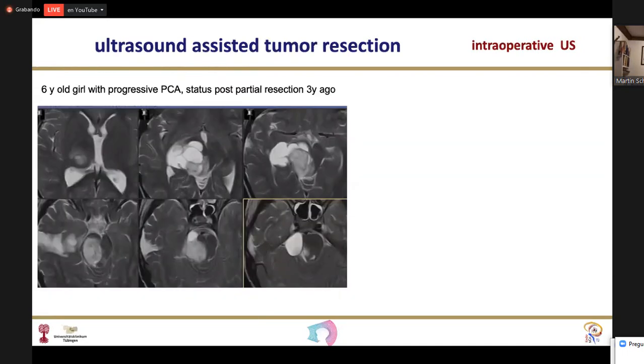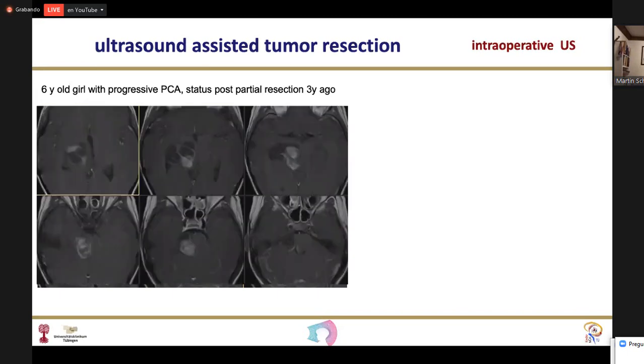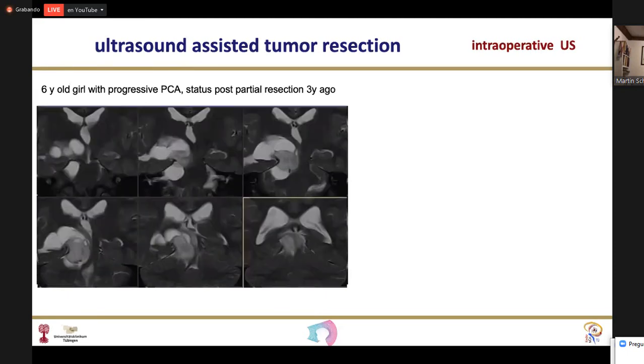Now, ultrasound-assisted tumor resection. A 6-year-old girl with a progressive pilocytic astrocytoma, which was operated at age 3, and it has been growing. We have this large tumor in the tentorial incisura, partially infratentorial. There's an infratentorial cyst down left, down right image, and we have the tumor extending up. You can see this best, I think, here in the coronal scan with the tumor in the tentorial incisura with